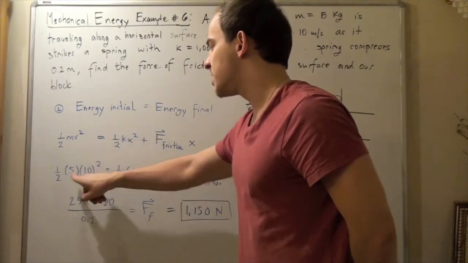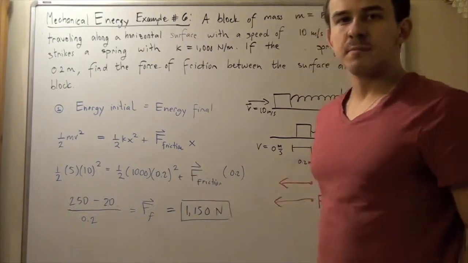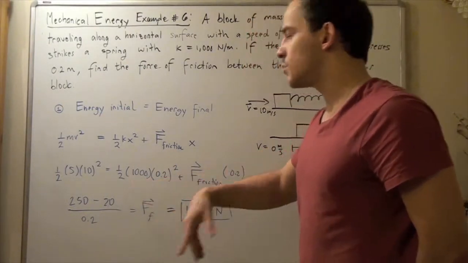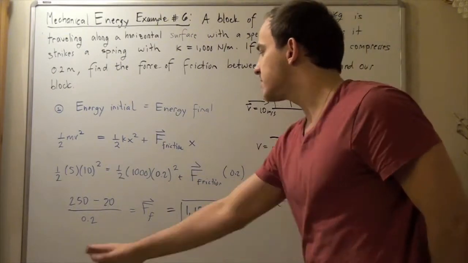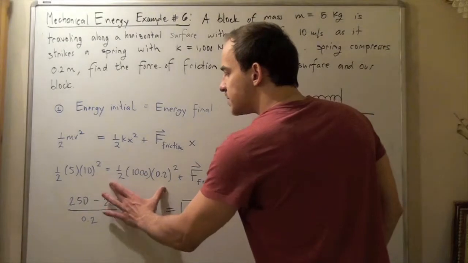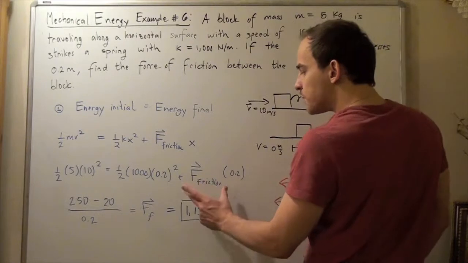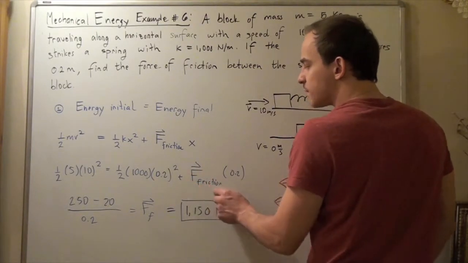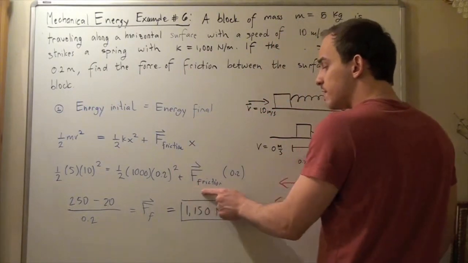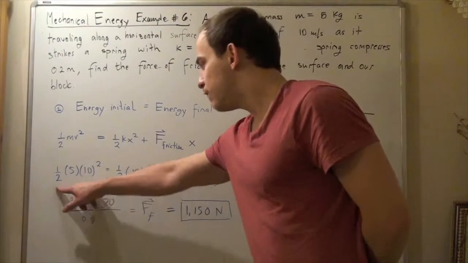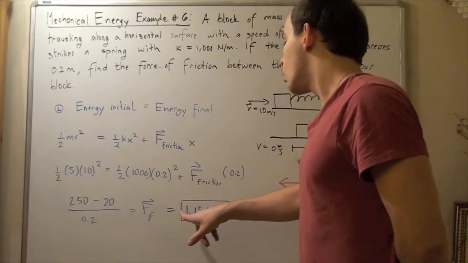10 squared is 100 times 5. 500 divided by 2 is 250. 0.2 squared is simply 0.04 multiplied by 1,000, which is 40, divided by 2 is 20. And then we bring the 0.2 on this side after we subtract both sides by this amount. So we want to bring this on this side, and then we want to divide by 0.2 so that we are left with the force of friction on one side and everything else on the other side, because we're solving for the force of friction. So we get 250 subtracted by 20, divided by 0.2, and that gives us 1,150